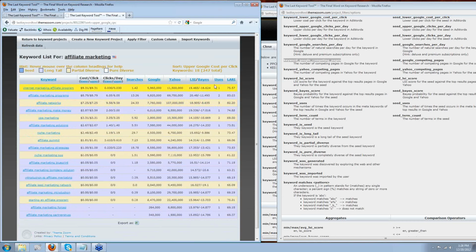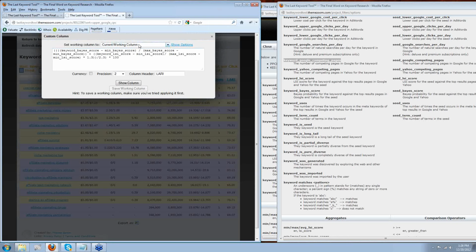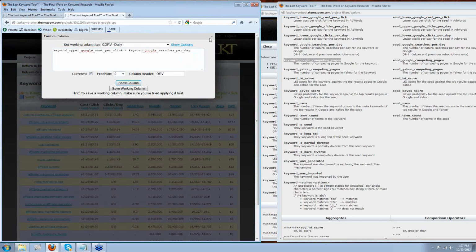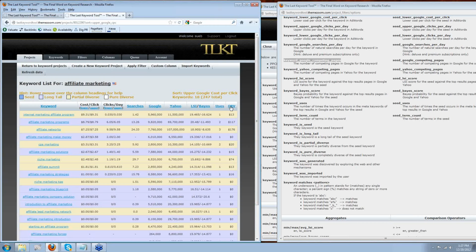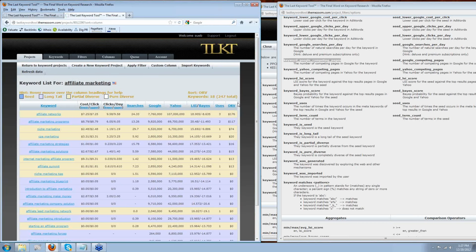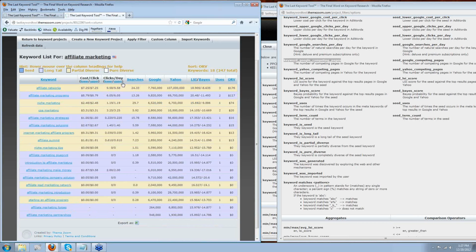Internet affiliate marketing, like let's say instead of Larry, let's come over here at the cost column and do something like cost per click times the searches per day. Let's just do that. Let's not get too fancy. And then let's sort by that. All right, so now you've got an idea of what your value of searches times cost are,